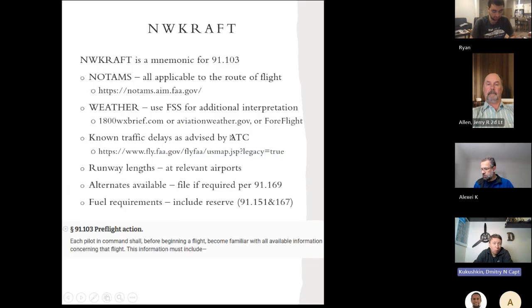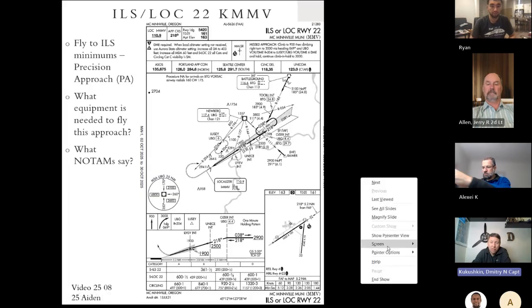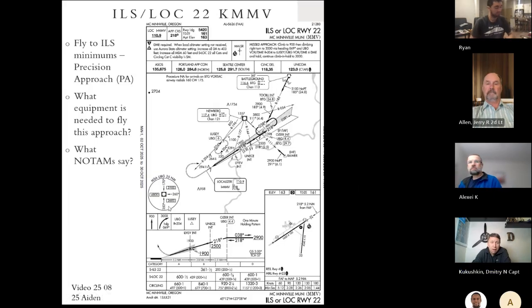Now, what do we need to do? What else do we need to talk through to fly an approach? One of the questions you have to understand is, well, what equipment is required to fly this? On the chart, you see that DME is required. Great, but